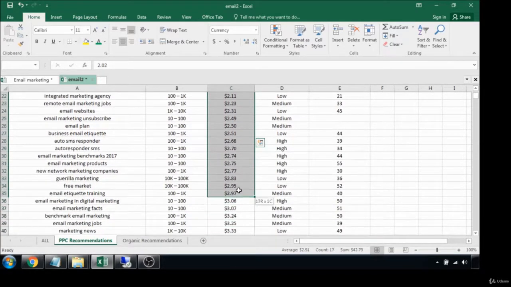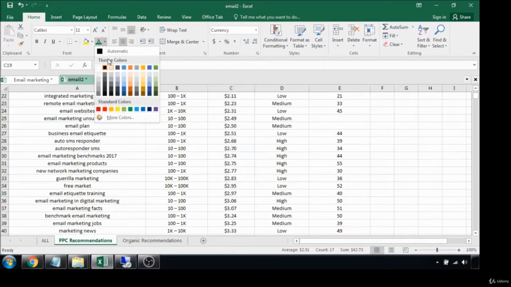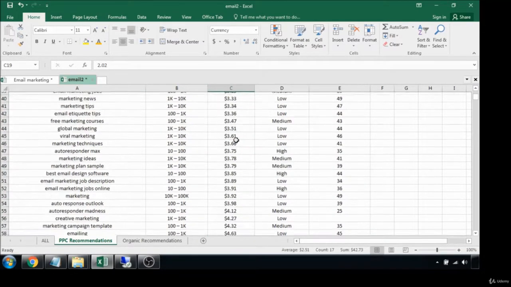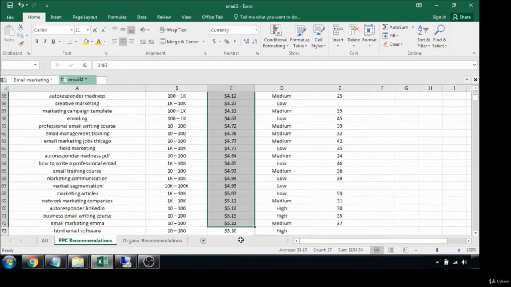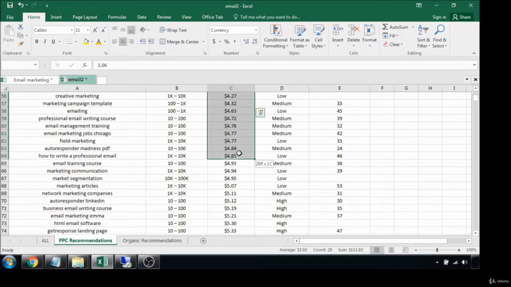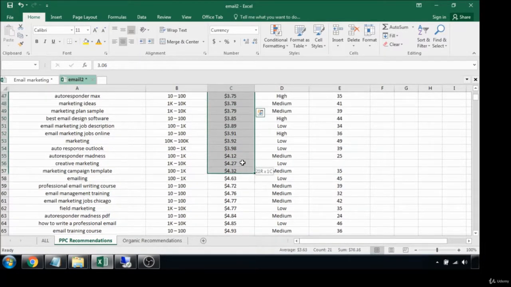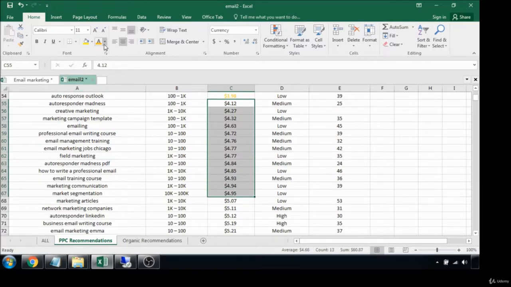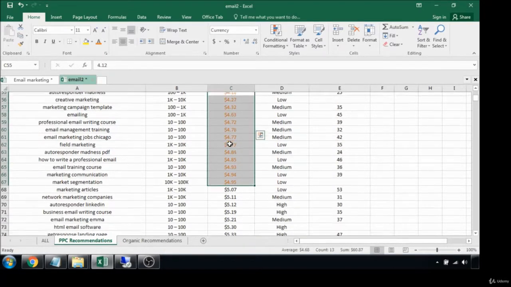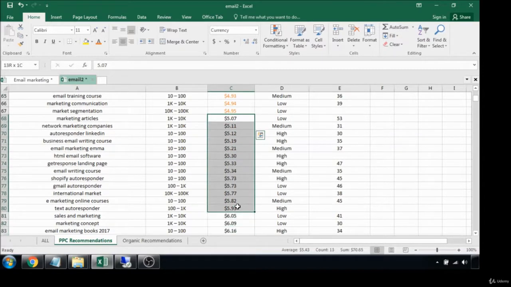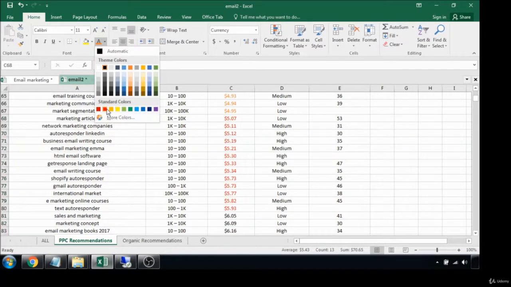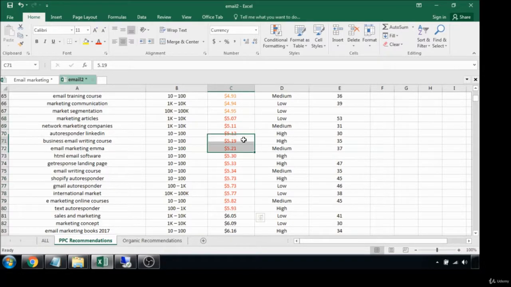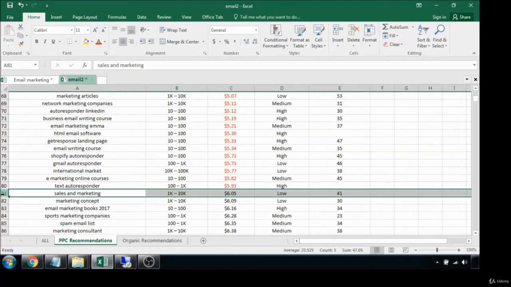Let's say that your budget is under $5 a click. Okay, so that's what I'm basing all of this on right now. You don't have to color code it. I like to do that for clients just because it makes it easier to read for them. Okay, so then wherever the $5 ends, that's where I will usually insert